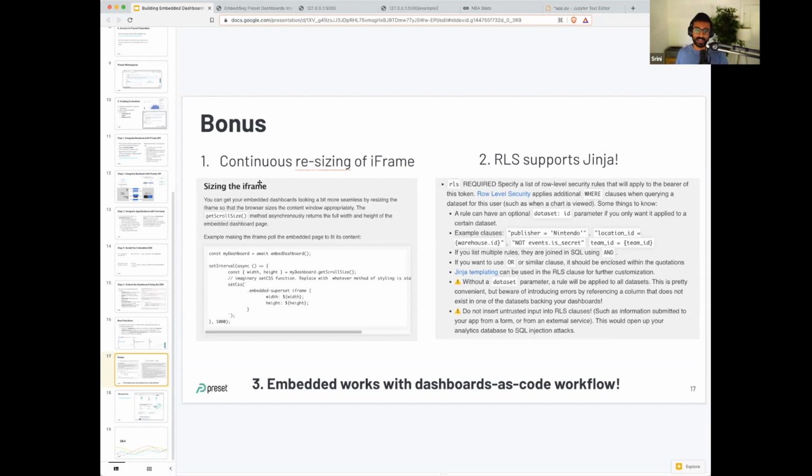So you can modify your CSS here so that the iframe is consistently matching whatever rule you want to set. It's a nice helper method to do just that. Two, the row level security roles do support Jinja, so this is another way to create a more dynamic experience. You can add Jinja context and templating into your RLS queries, which I think is